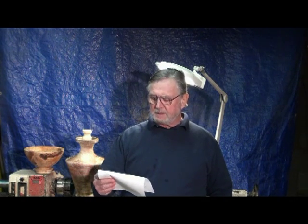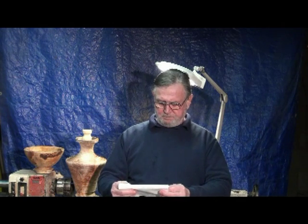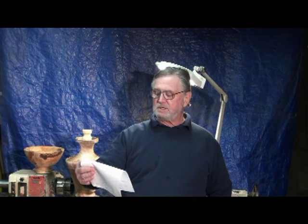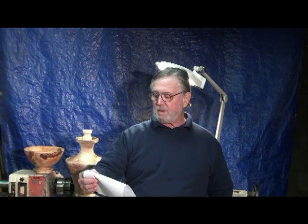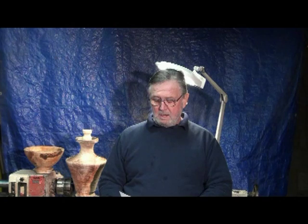Another comment would be: scraping lighter, barely touching the scraper below center when finishing a dry bowl cuts way back on sanding. And I'm able to get a continuous wall thickness from the top to the bottom of the bowl. It's super great. Another one: feels like I'm cheating. Another one, a friend has one